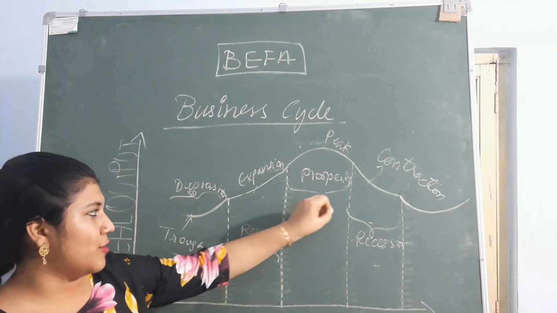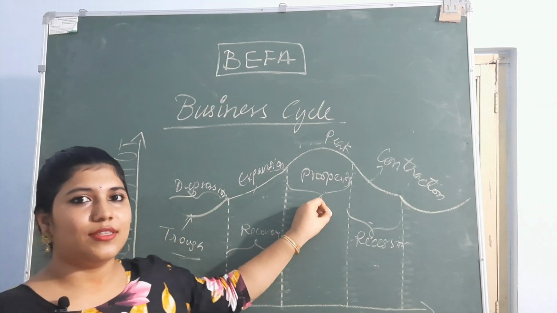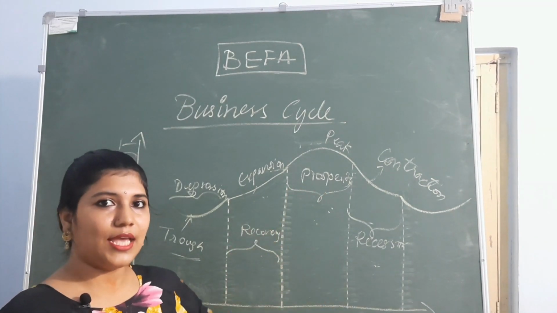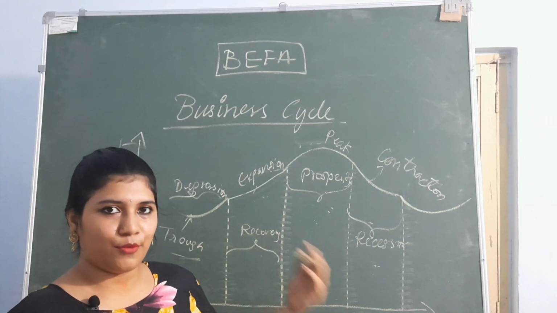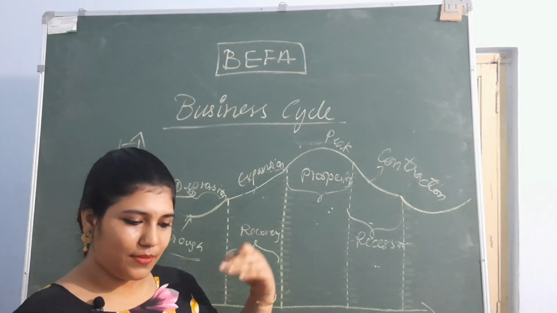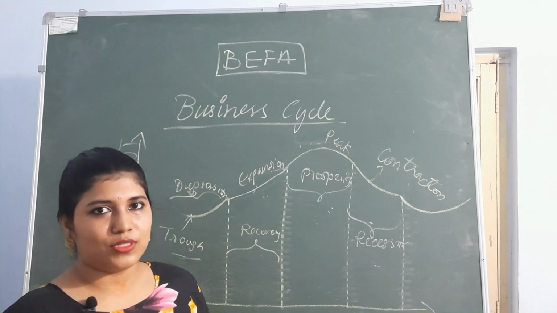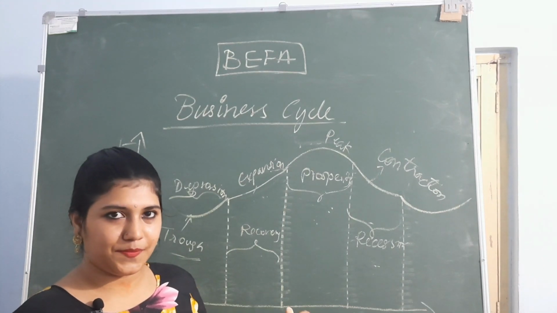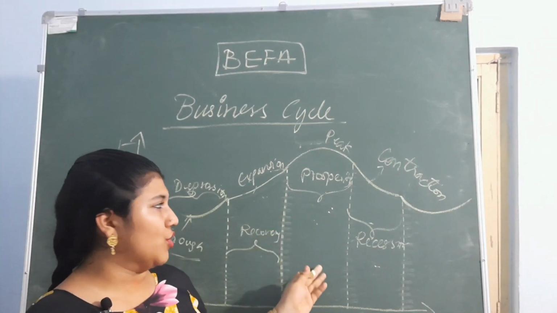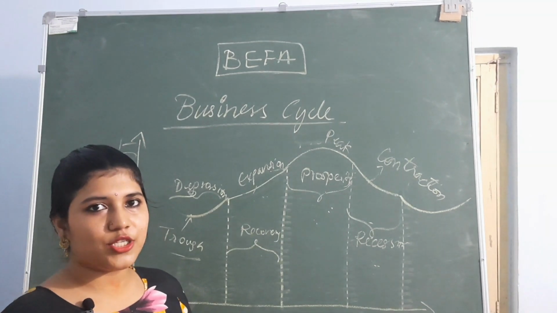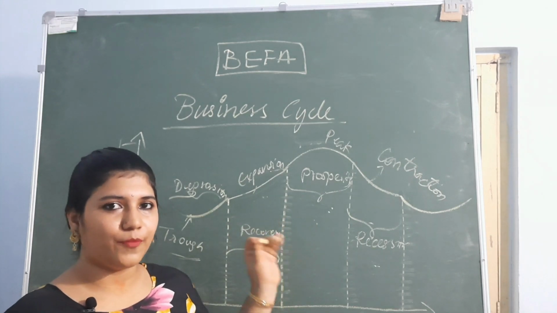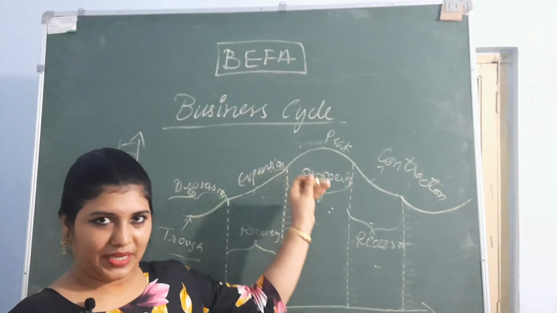Once you reach the prosperity stage, you can see everything in an abnormal way, like an increased range of profits, employment, and outputs, and investors will find confidence in themselves to invest in many resources. So obviously demand will increase, and supply will also increase, and it will be at the top stage. It will be the booming level of industry, and they will enjoy a really high level of profits, and it will always be in the peak stage.